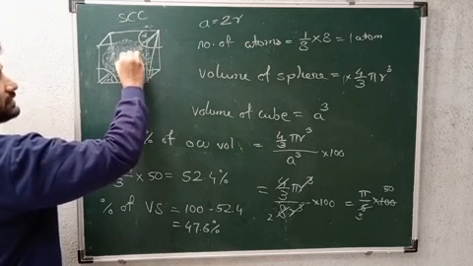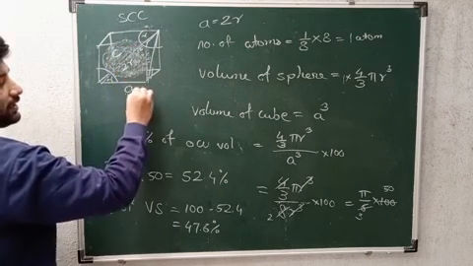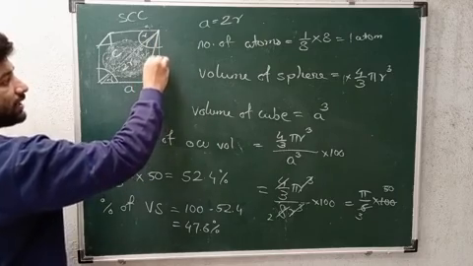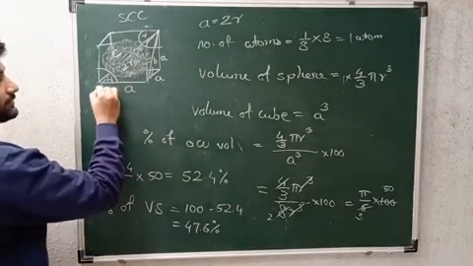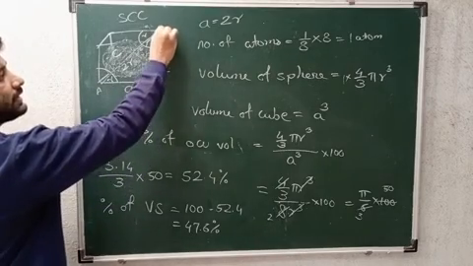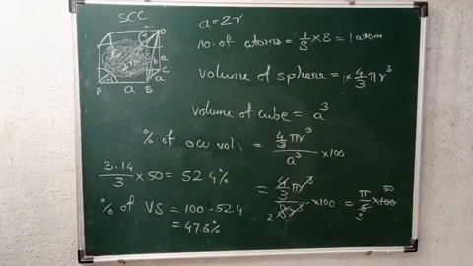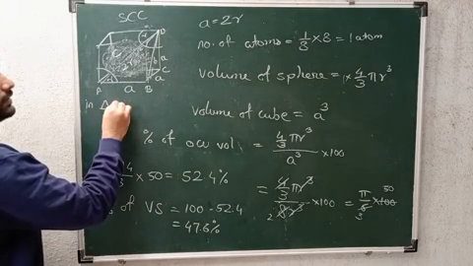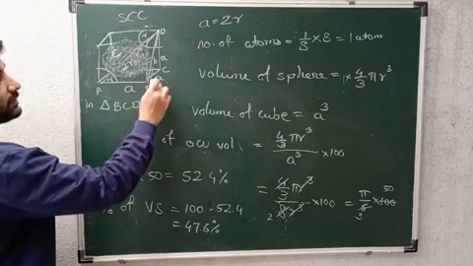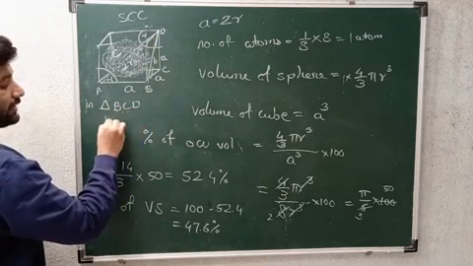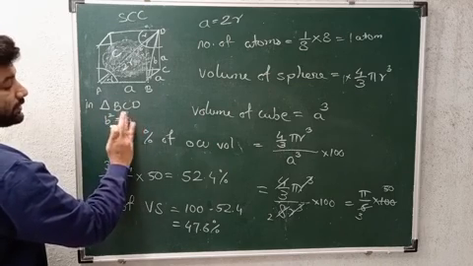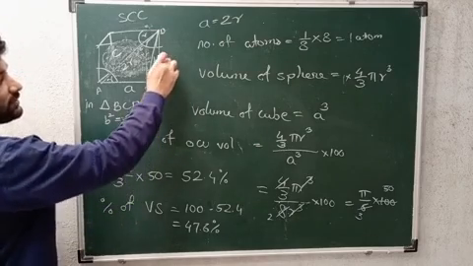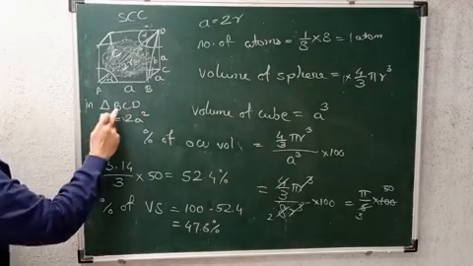I can name this as C. Here I will write A, its edge length. Here also I will have A, and the diagonal which I have drawn, I will name it as B. I will name them A, B, C and D. As we are doing some construction, by statement we can write that in triangle BCD, by Pythagoras theorem, B square is equal to 2A square. Why? Because A square plus A square will give me 2A square. This is the triangle BCD.